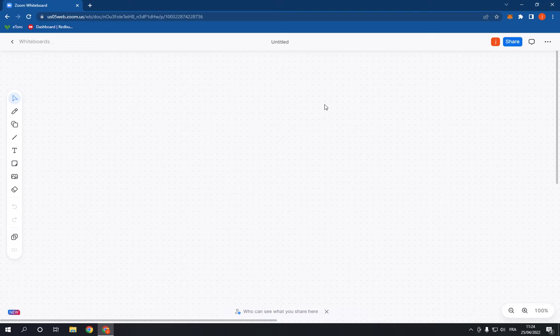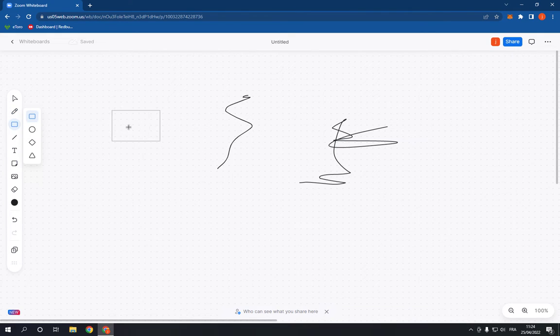Now this is the whiteboard. All what you have to use it's very easy. If you want to draw, click here. As you can see, you can draw or write everything right here. And if you want to create a shape, it's very easy also. And if you want to add a line like this,